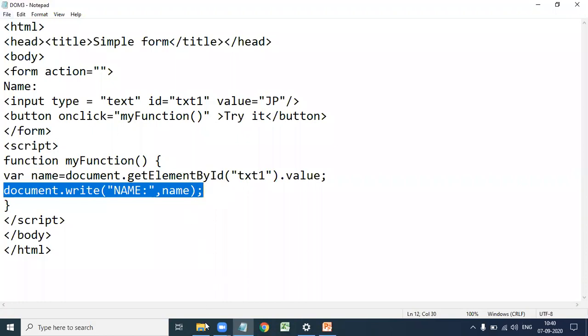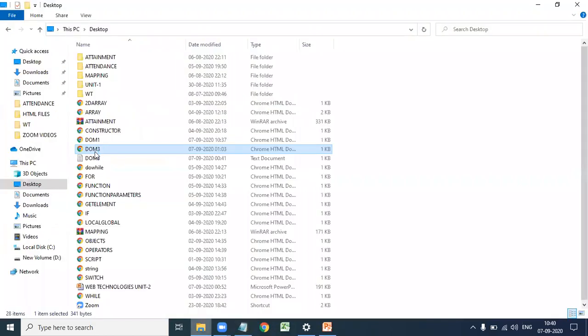Let us execute this one. See here, the simple form has one text box, that is name, and the default value is JP. When you click on the Try it button, it retrieves the value, that is name Suresh.